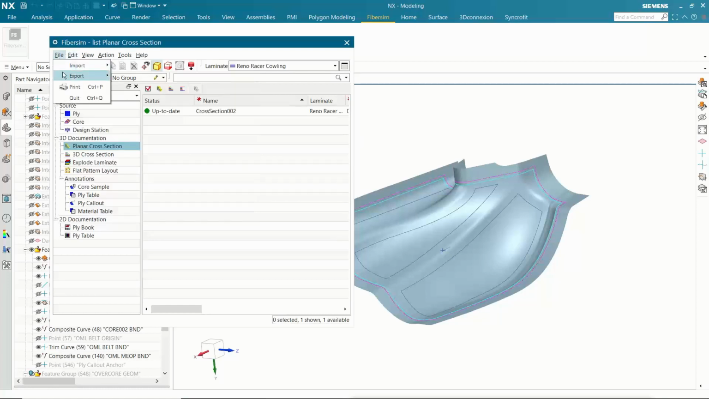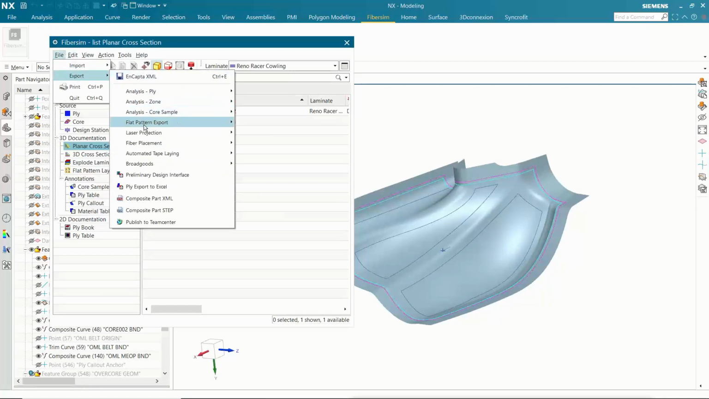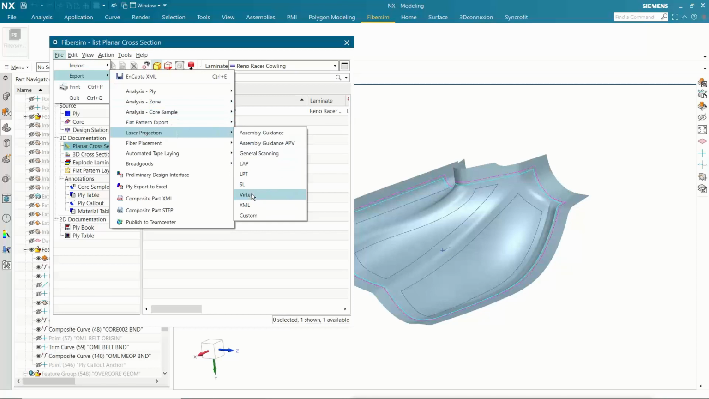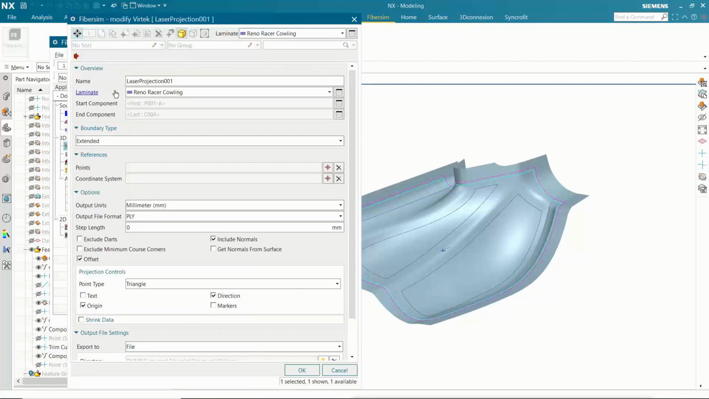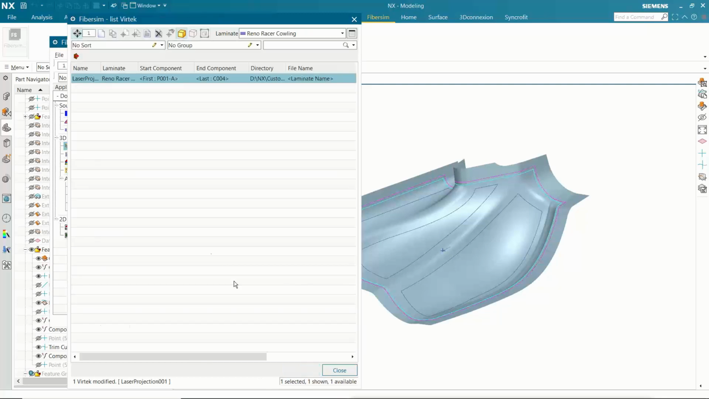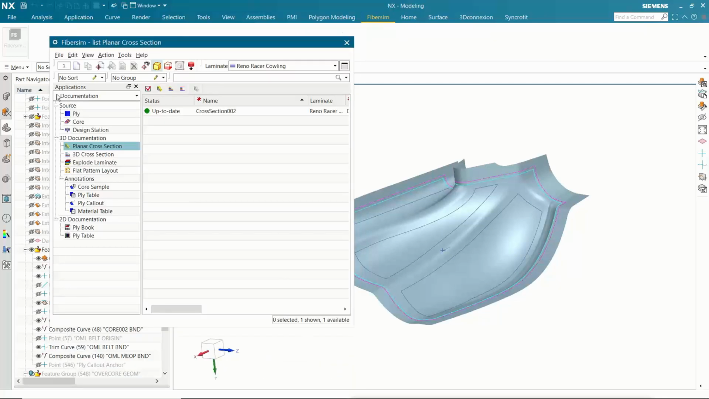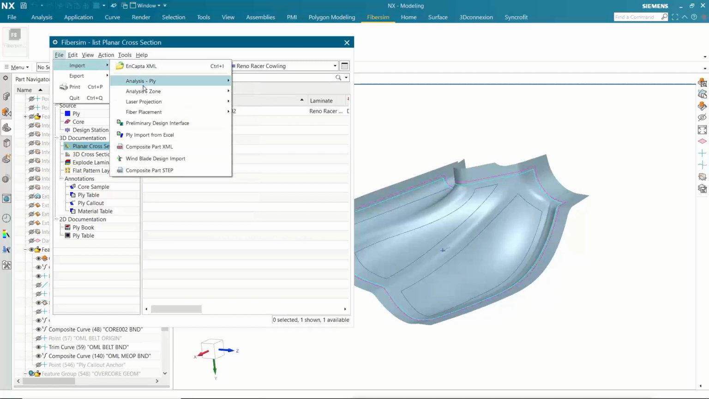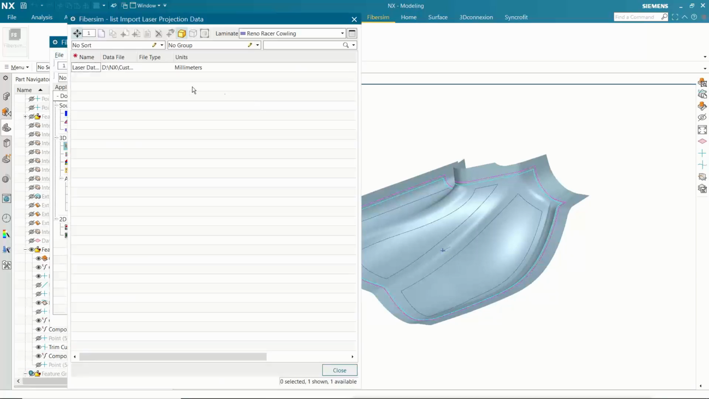And then if I pop up here and go to export and we look at analysis for laser projection, I did the similar thing. I did all the plies, first to last, extended boundary, specified I want a .ply file, and I told it to put the origin and markers on there, and I exported this file once again just to a location. That creates a .ply file, and then if I'd like to import that and verify the laser data, I can simply come down to laser import,